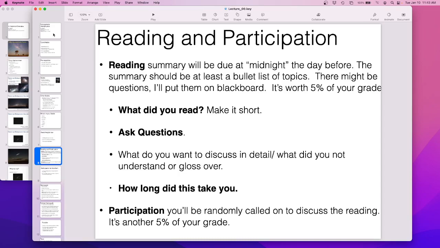I don't read your reading summary super carefully. If you could separate out your questions so that I can see them, highlight them is fine. Ask questions. This is really the important bit, because this turns the course into a dialogue where we're talking about stuff instead of me just up here monologuing, which I'm perfectly happy to do, but isn't nearly as useful pedagogically.